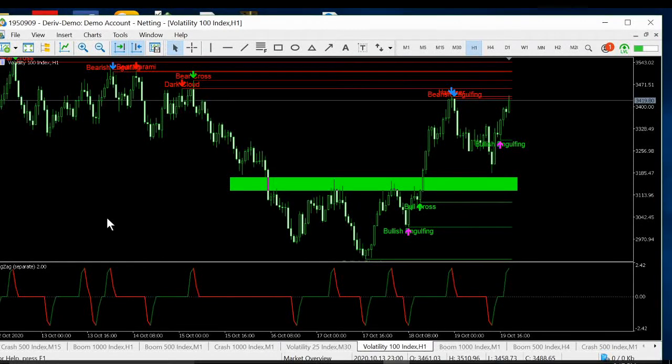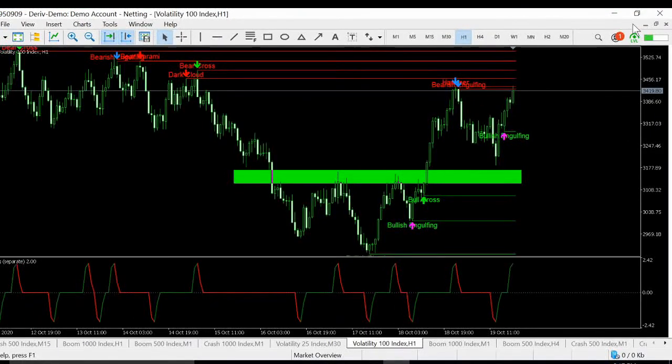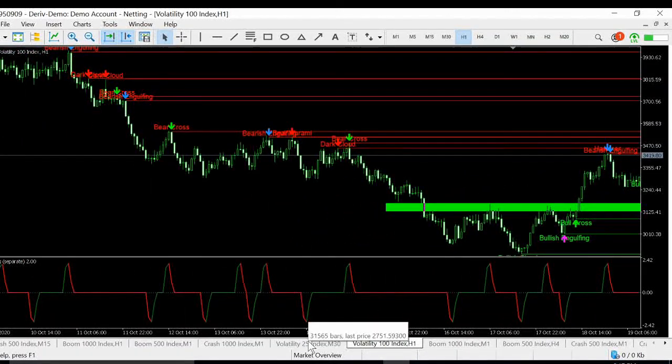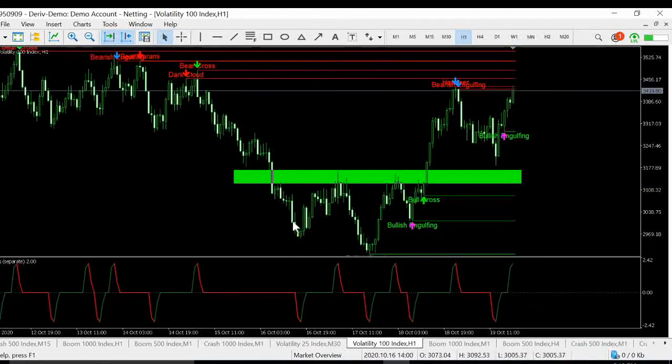Alright, so here it is, guys. This system actually works for all volatility pairs. You can use it to trade VIX 75, VIX 25, VIX 50, VIX 100, VIX 10 1S, VIX 25 1S, whatever volatility you want to trade, step index, all that, guys. It works for it. So you can see this is the pattern indicator, the candle pattern indicator, and also the zigzag indicator, guys. So how does this indicator work now?